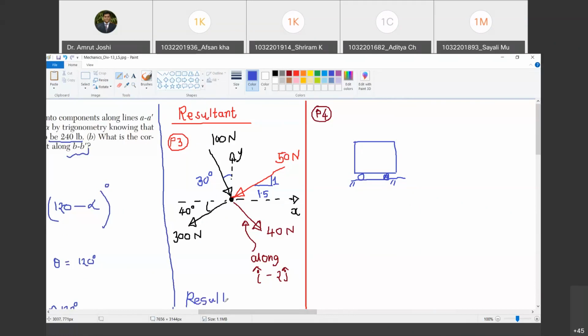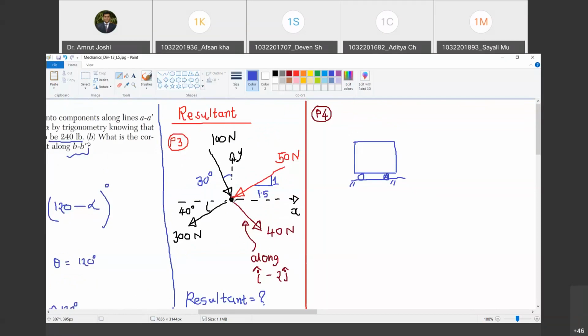Are you with me, Devin? Yes, sir. So resultant is to be found out. Now, just look at this force system and tell me where is the body. Devin. At the center? No. You have to say at the point of intersection of lines of actions of all the forces, there lies a body. Are you with me? Okay. So this black dot that I have shown is nothing but a body. We have idealized the body as a particle and we need to find out resultant of all these forces acting on this body.